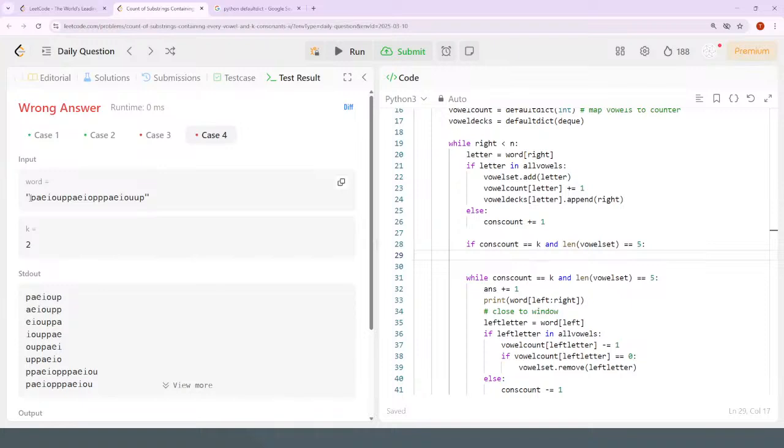It's going to be the lowest among the last vowels. So the last vowel represents where the last A, I, O, or U is. And any subarrays